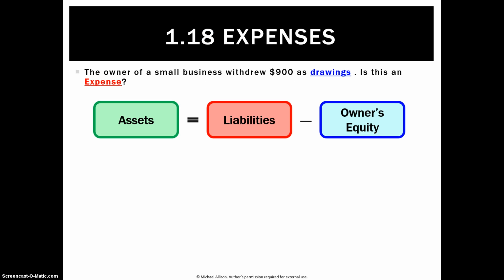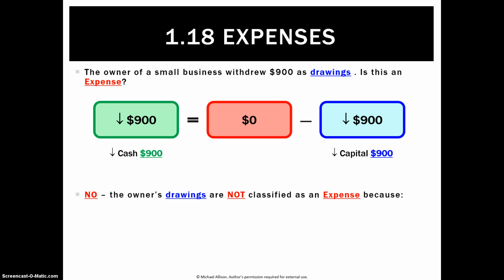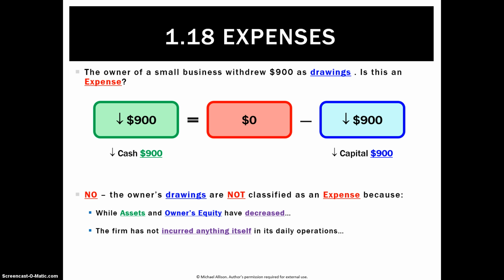One exception is drawings. Drawings are the owner withdrawing their capital from the business. Can be cash, can be other items. I'm going to use cash as an example now. In this case, cash has gone down $900. The other effect here is that liabilities won't be affected, but owner's equity will decrease $900. So whilst that does seem to meet the criteria of an expense in the form that there is an outflow of cash, assets have decreased and so has owner's equity,